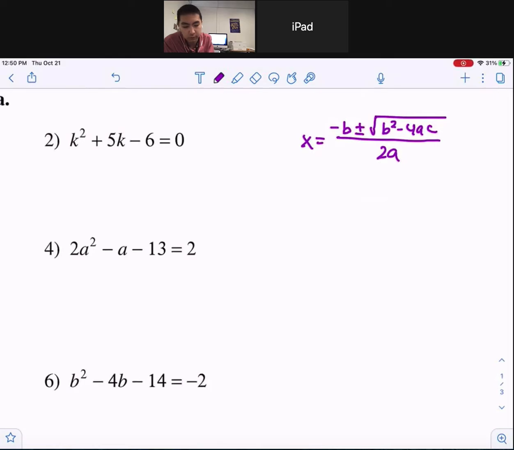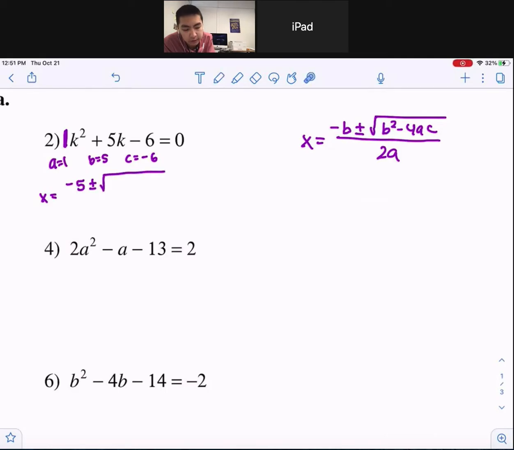For number 2, our a value, there's a 1 in front of that k squared, so a equals 1, b equals 5, and c equals negative 6. Now, when you use the quadratic formula, you plug in 1 for a, 5 for b, and negative 6 for c. So following the formula, negative b, which is negative 5, plus or minus